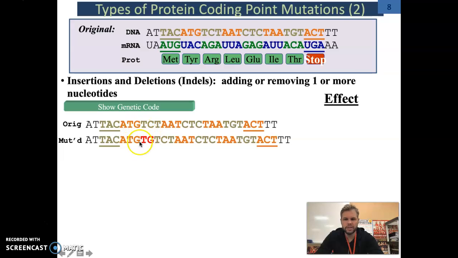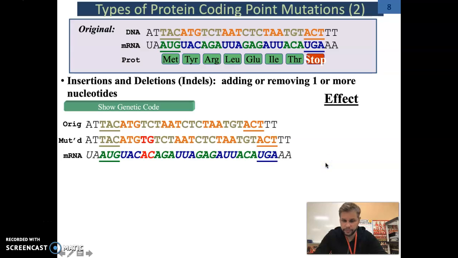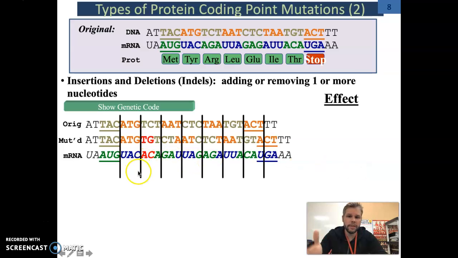But really what we're seeing here is that I've got these two red letters where we've actually inserted two nucleotides, two bases on accident, right? So this is an example of an insertion. And you guys might be able to figure out what's going to be the impact of this. Well, my mRNA is going to have these two extra bases, which are now going to be an A and a C. And when I go through and set my reading frame here, you guys can see ultimately